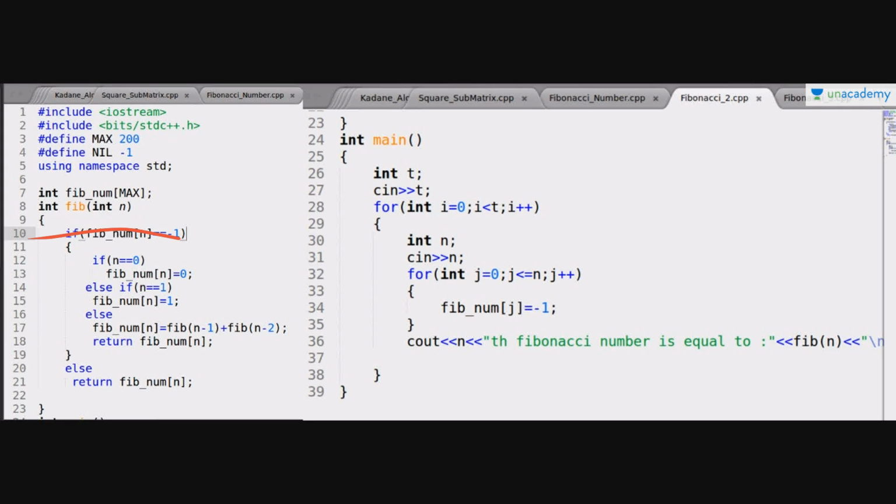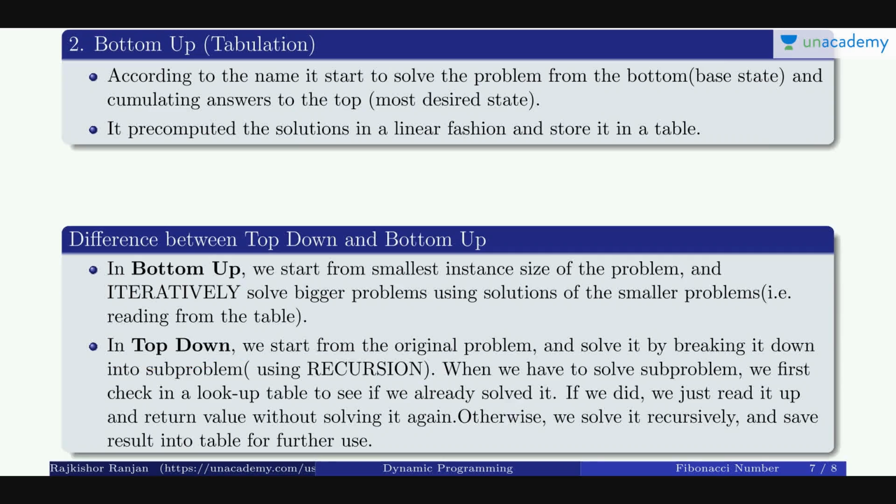The first four lines calculate the base cases, and in this line it calls the function for n-1 and n-2, finds their results, sums them up, stores the result in the table, and returns that value. So this is nothing but the top-down approach, which is also called the memoization approach.